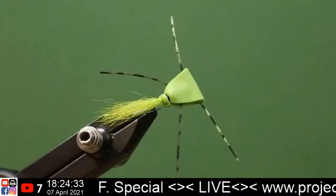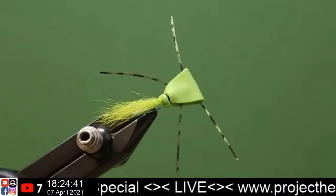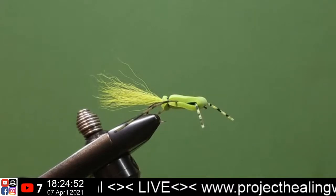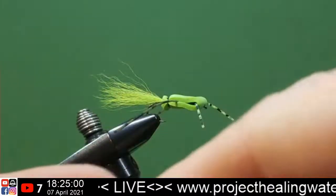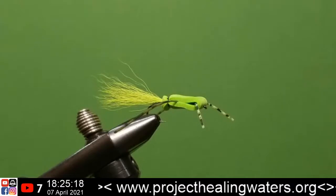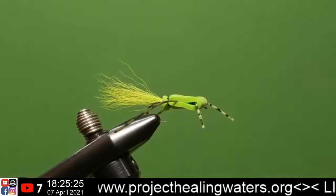The foam is a 2mm craft foam. Closed cell is what you're looking for. And you have to give it an experiment. If you're not certain whether it's a closed cell or open cell foam, before you go spending a whole bunch of money, and when I say a whole bunch of money, I mean more than $2-3 on it, experiment with it. Give it a try. Because not all chartreuses are the same. Look at this. That's 3 different colors. I was thinking about tying a black one. I think this in black would be absolutely great. So with that being said, what did I just do with my...